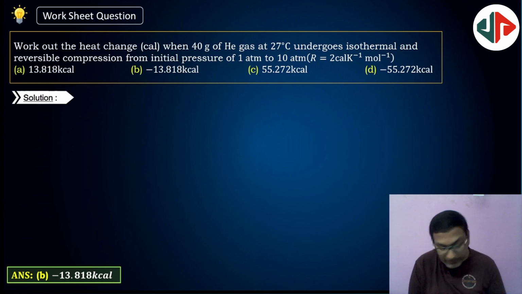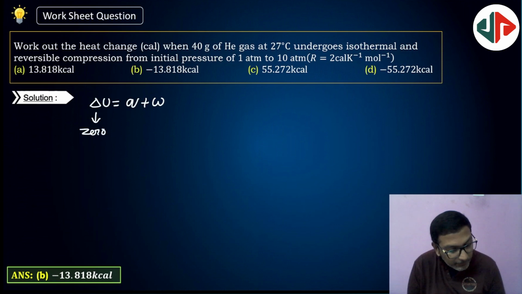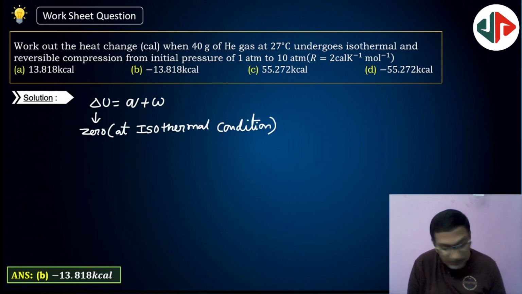So here work equals, under isothermal conditions, we know delta U equals Q plus W. So under isothermal conditions, this becomes 0. Therefore Q equals minus W,